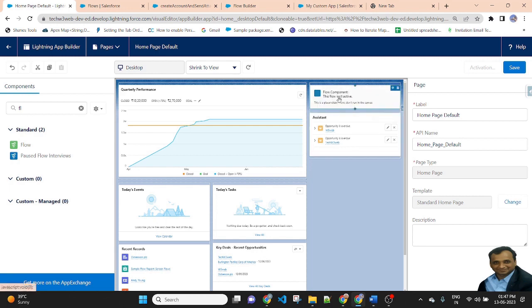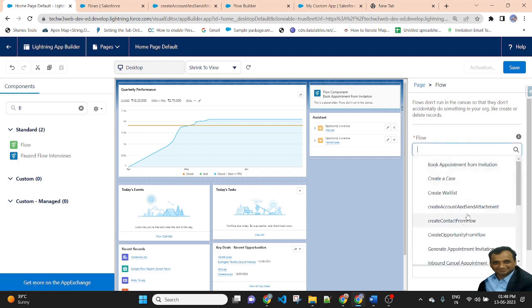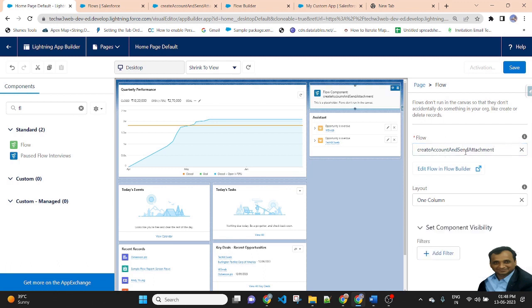Choose your flow, cross this icon and select your flow name: create account and send attachment. This one, this is my flow. So I selected this flow name, then save it.